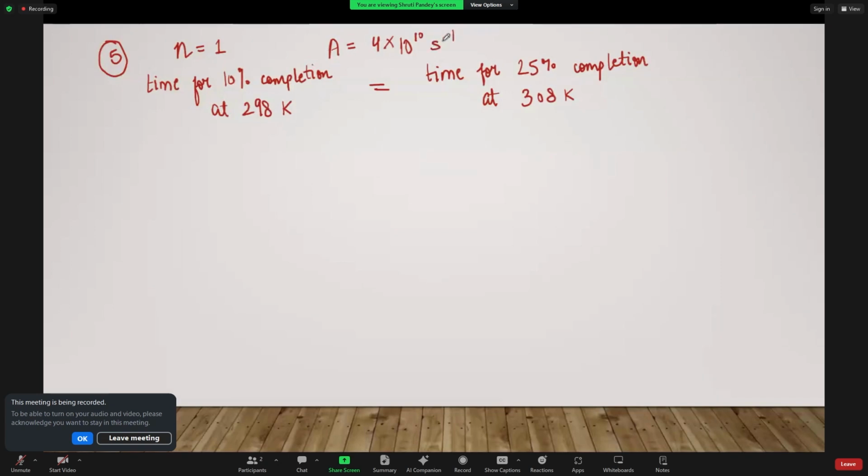Okay. So the value of A also depends upon the order of the reaction. ठीक है, क्योंकि ये फर्स्ट ऑर्डर रिएक्शन है, so it will have the value, जो A का यूनिट होगा, that will be same as the unit of K. So that is why this is per second. 4 into 10 to the power 10 per second. You need to find